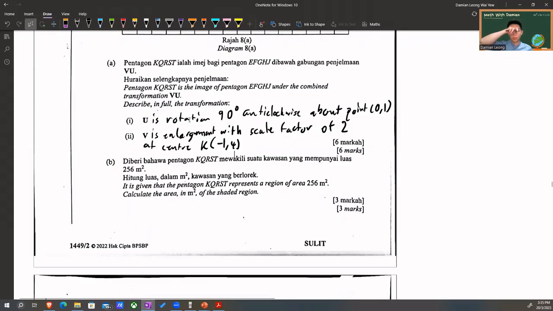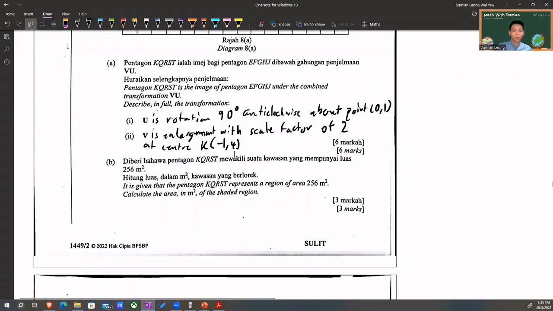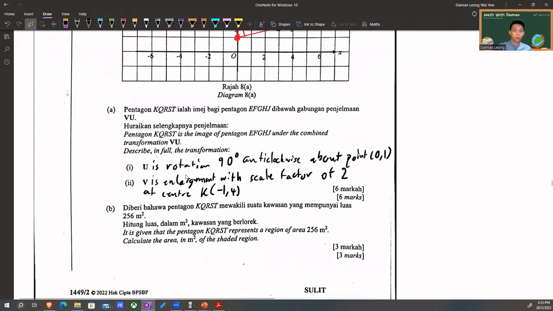Then part B. If the area of 256 meters square represents the area of KQRST, the whole thing, the big one, I want to find the area of the shaded region. So we find the area of the object first. So area of image equals scale factor square times area of object,